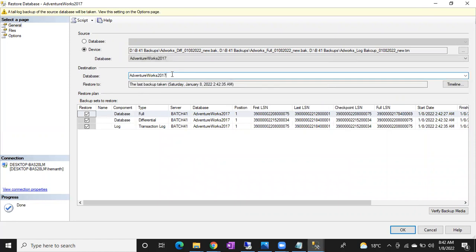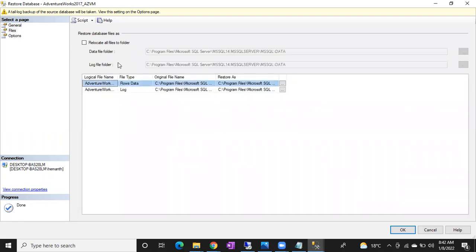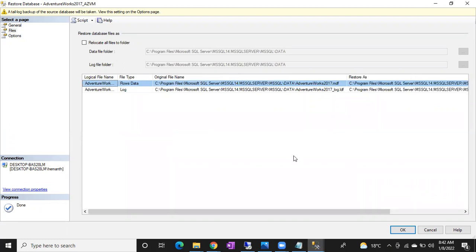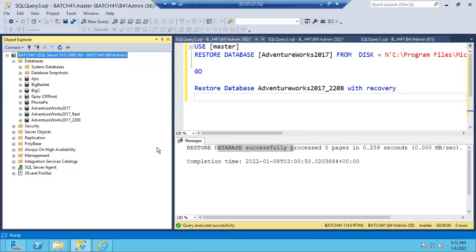If you want, you can give the same name or else, what I'm going to do is rename it AZVM, Azure VM. I'm just renaming like this. I'm taking the backups, and make sure you are selecting this path, guys. I'll show you the difference now. Of course, you cannot see the difference now. But as this is a 2019 instance, you can see MSSQL15. You will see that option, but the problem is I just upgraded my 2019 instance. So that's why I can see it.